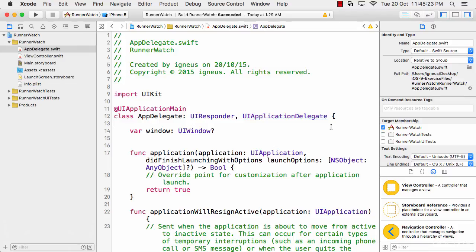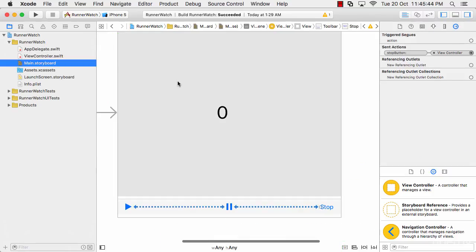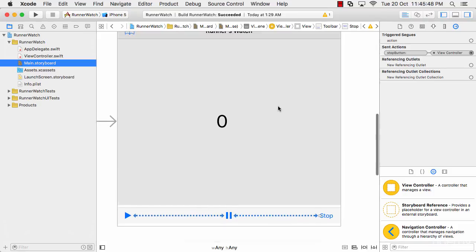So again, delegates have just two rules. First of all, you should understand what the necessary rules are and how to apply those protocols in your class. And after that, you should have a plan for what the requirements of implementing that delegate are and how to connect your properties with that delegate. With that, I would also like to go with one more thing: once you are in the main storyboard, you will find that a lot of things are here. Like for